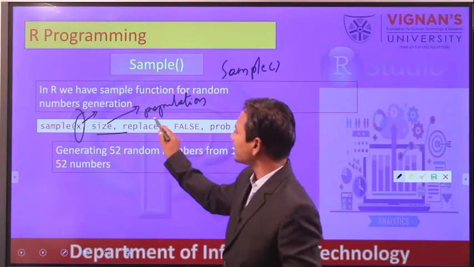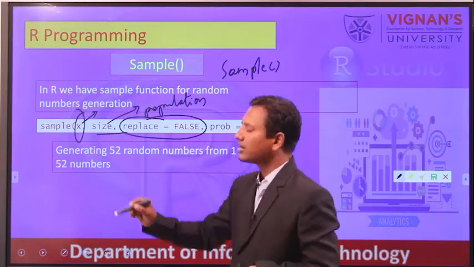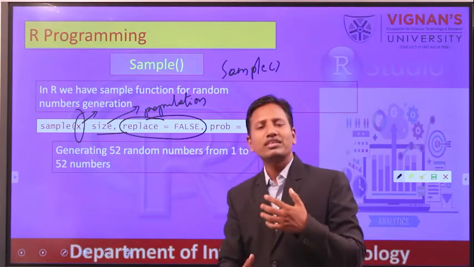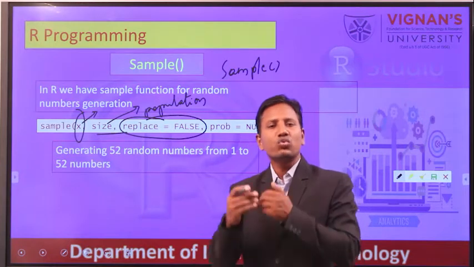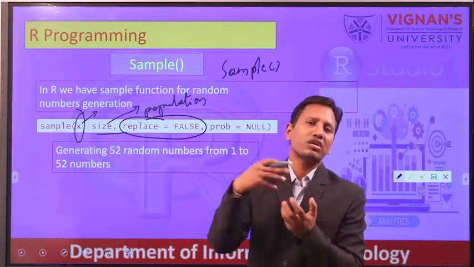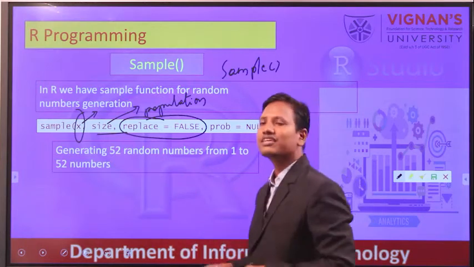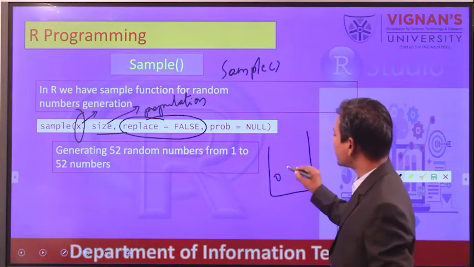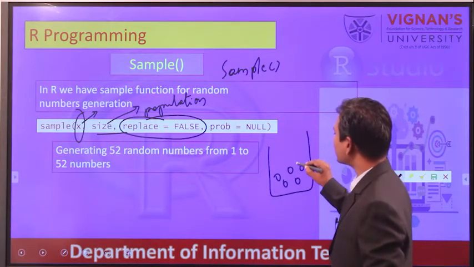And here another argument we are giving is replace. So the second time when you call this sample function, do you want to put the previously picked values back into the box or not? I'll explain with an example. Assume that we have a box and here we have some balls.